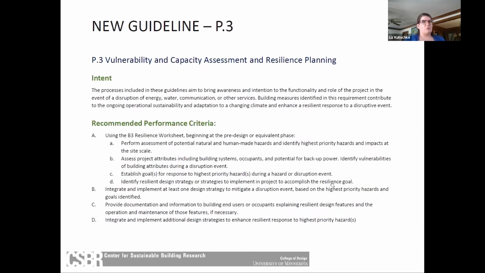As I mentioned, there is one new guideline in the performance management section, the P guidelines, and it will be P3, vulnerability and capacity assessment and resilience planning. The intent of that is to bring awareness and intention to the functionality and role of the project in the event of a disruption. And similar to what Richard described, our general approach is that